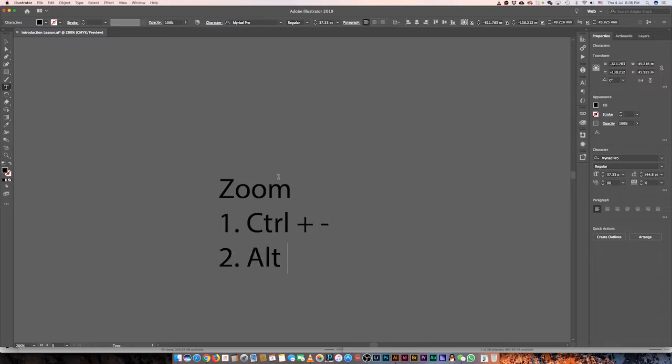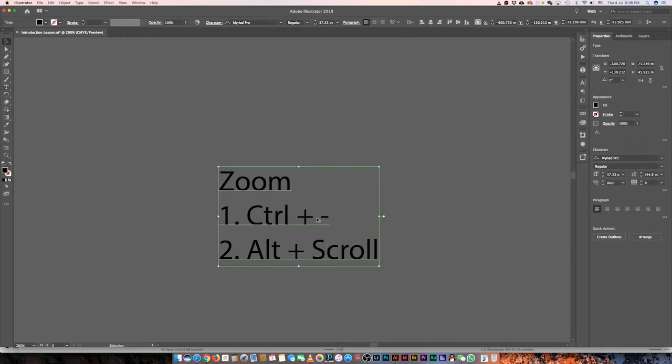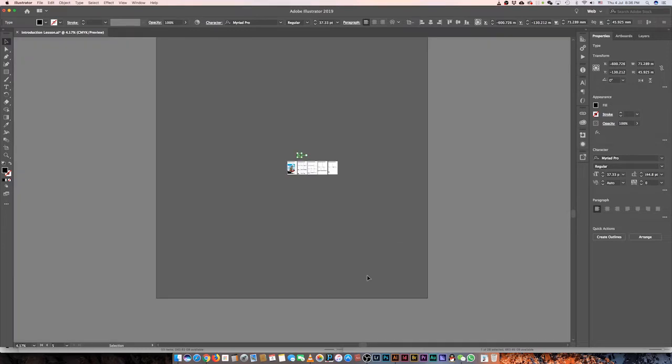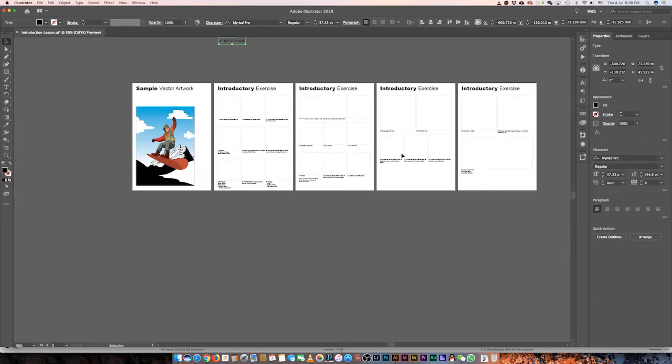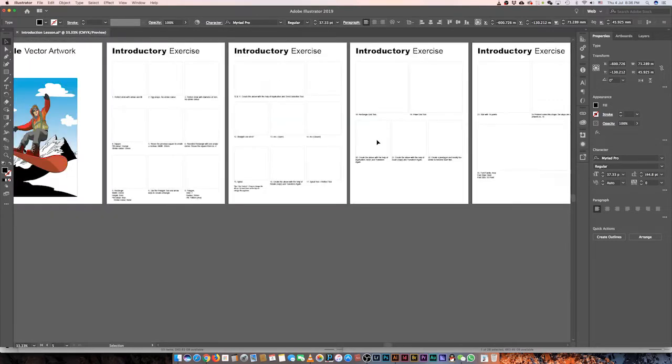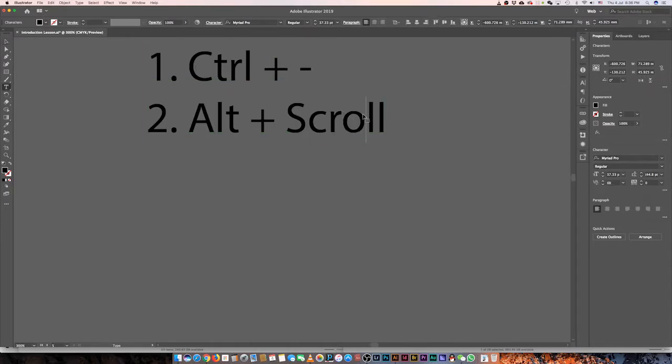Secondly, you can use Alt and the scroll. So hold down the Alt key and you can scroll, and it will always zoom in to where you place your cursor. And third, there is a zoom tool,